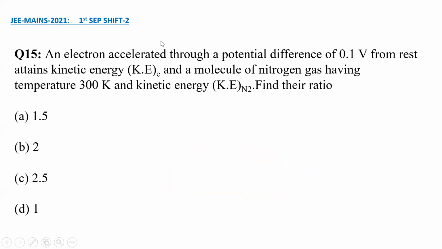In the 15th question, we have accelerated the electron through 0.1 volts. So kinetic energy of such an electron will be nothing but 0.1 electron volts. And that is nothing but 0.1 into 1.6 into 10 to the power of minus 19 joules. Now kinetic energy of the nitrogen will be,